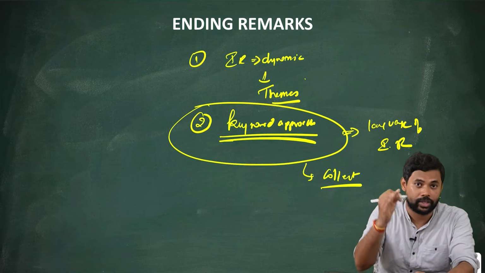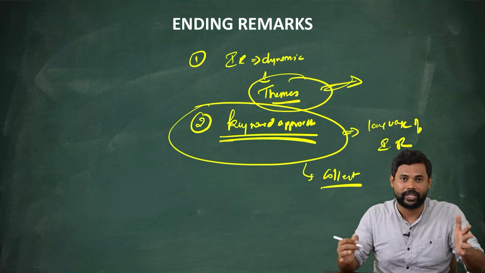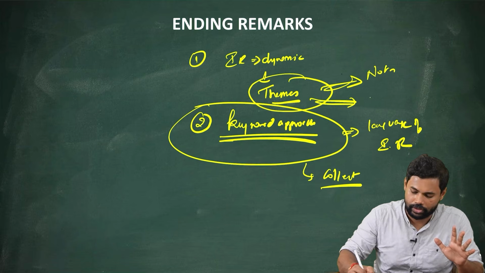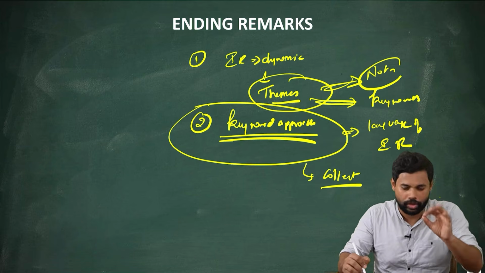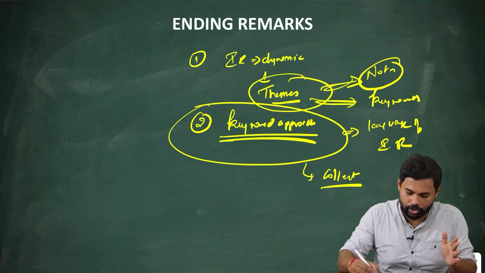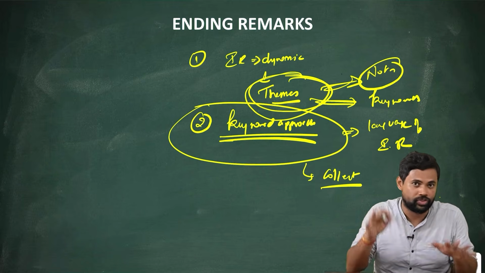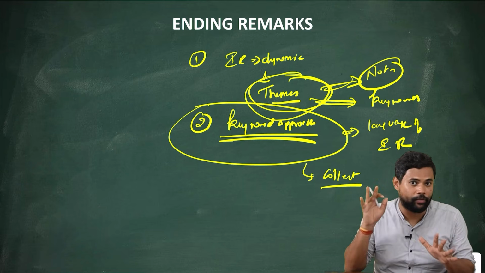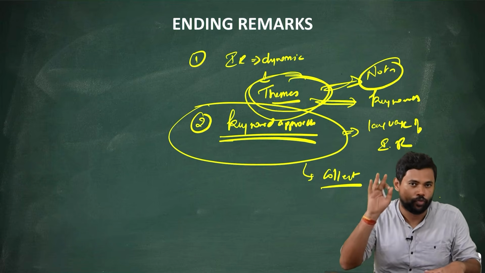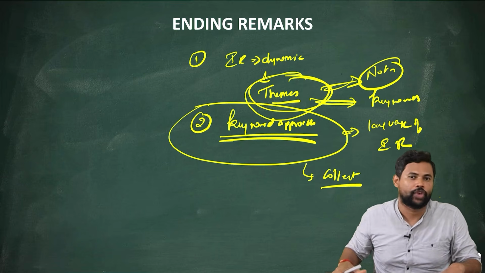When you are collecting the keywords, try to segregate those keywords on the basis of these themes itself. So theme-wise, at the end, you would have made notes on every theme, as well as collected a lot of keywords. When you're writing the test and collecting the keywords, just segregate the keywords on the basis of these themes. So at the end, automatically all the keywords would have got segregated on the basis of themes. This is how you have to prepare for international relations. Though international relations seems to be dynamic, it is actually very easy if you know how to apply the keyword approach, and I hope today you have mastered it and realized its importance.